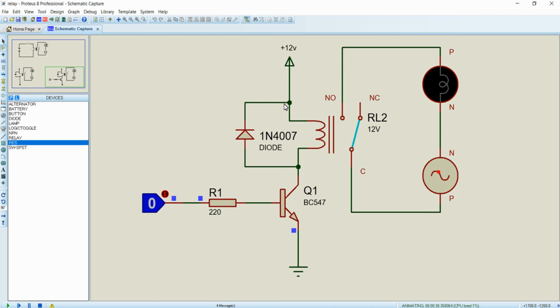So whenever the current is flowing through this coil, some amount of current is consumed by this coil, and this coil will dissipate that current in the form of heat. After several hundred times, the excess current that is stuck between this terminal will be neutralized because of this diode, saving the life of the transistor. That is why this diode is called a feedback diode or freewheeling diode.